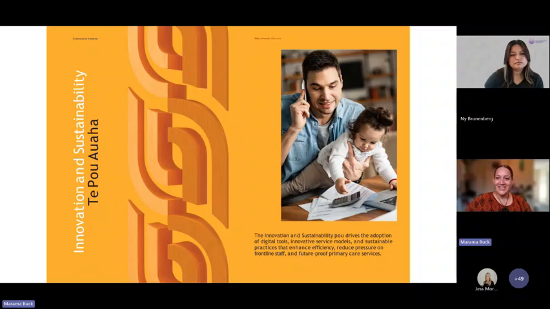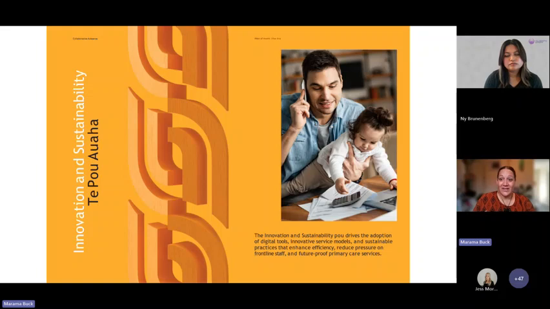Okay, so innovation and sustainability, te Pou Ora. This Pou is about being future focused. Embracing the change, the fast-paced change that's happening at the moment and making it work for you. So we're talking about AI and AI tools. We're talking about virtual care, business continuity, succession planning, ensure that we can sustain treating and supporting our patients even with changes of staff.